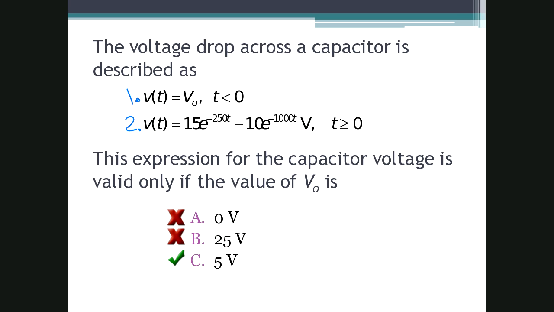Now, this function is something that we either designed the circuit to be, or it's something that we've observed with a circuit that we didn't know, and we plotted a bunch of points and we get this equation. So V of t equals 15 e to the minus 250t minus 10 e to the minus 100t volts for any value of t greater than 0. It says this expression for the capacitor voltage is valid only if the value of V naught is what? Right, so let's go ahead and plug in a value here that we know would be